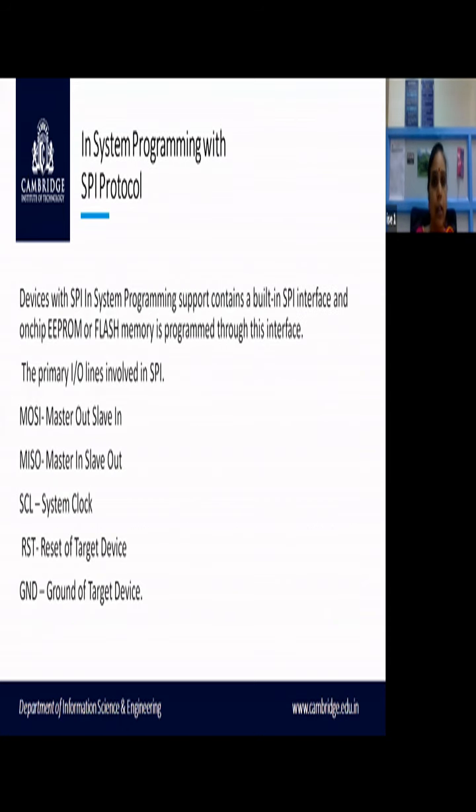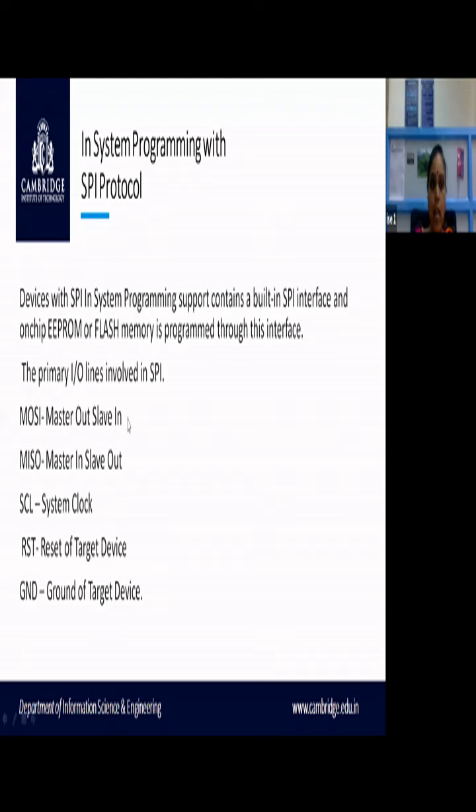A device with SPI in-system programming support contains a built-in SPI interface, and on-chip EEPROM or flash memory is programmed through this interface. If you are using this SPI protocol, you will be using some primary IO lines, like MOSI. We discussed this already in, I think, module 4.